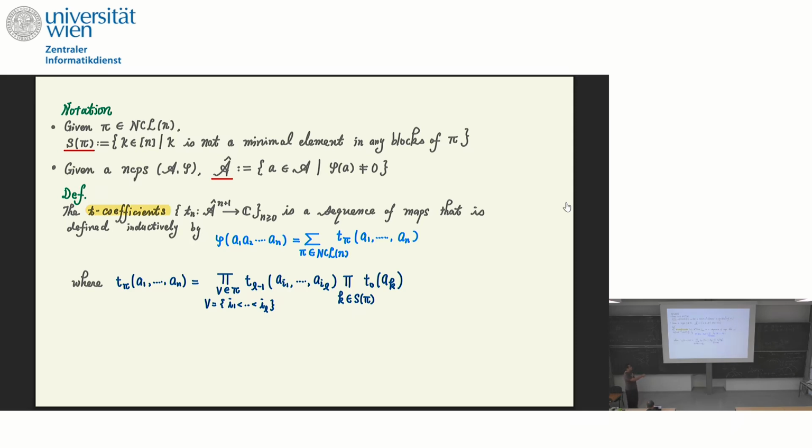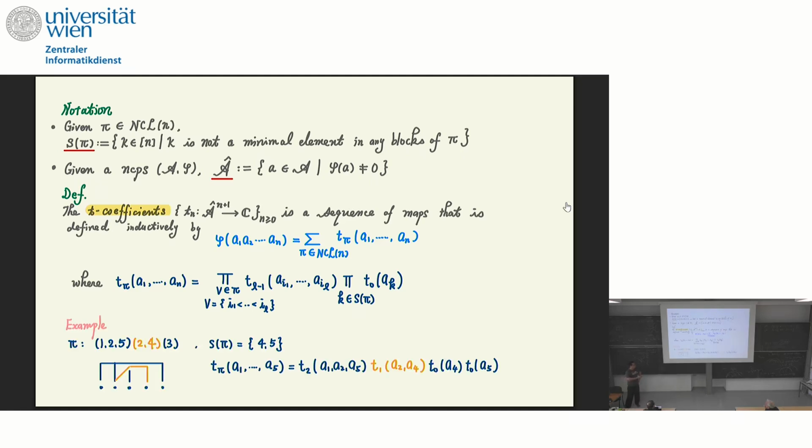Here you can see we consider summing over all possible non-crossing linked partitions instead of non-crossing partitions, where T of pi is defined as follows. This part is very standard, like one of the ways we define the free cumulant, but we also take part of the elements which belong to S of pi. Here is the part where we consider the elements which are not the minimum of any block. Then we consider part of that.